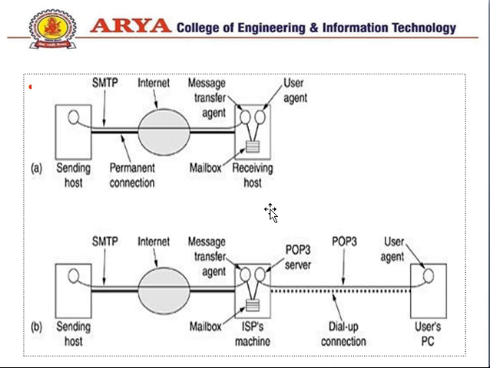Here we can understand from the first diagram that the host is sending with the help of SMTP. This is the internet. This is the message transfer agent. Right, the receiving host over here is receiving in its mailbox. It is receiving the mail, and this part is for POP. As I told you, when we read the messages, POP comes into the picture, right? SMTP was for transferring the mails. So up to here SMTP was working. In the next phase, it is the